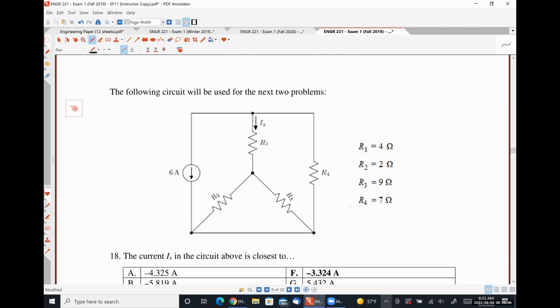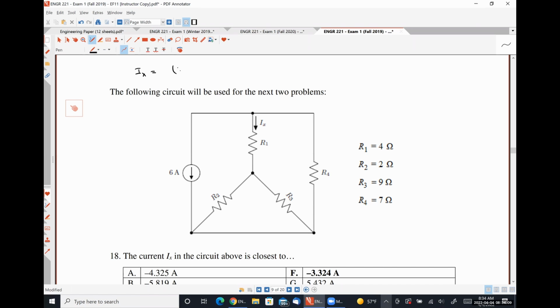Right, so what are we doing here? Trying to find the current IX. Okay, so here's another place where I'm going to do current division, but I'm going to do current division twice. So, no, I'm not. I'm just going to do current division once. Sorry. So IX